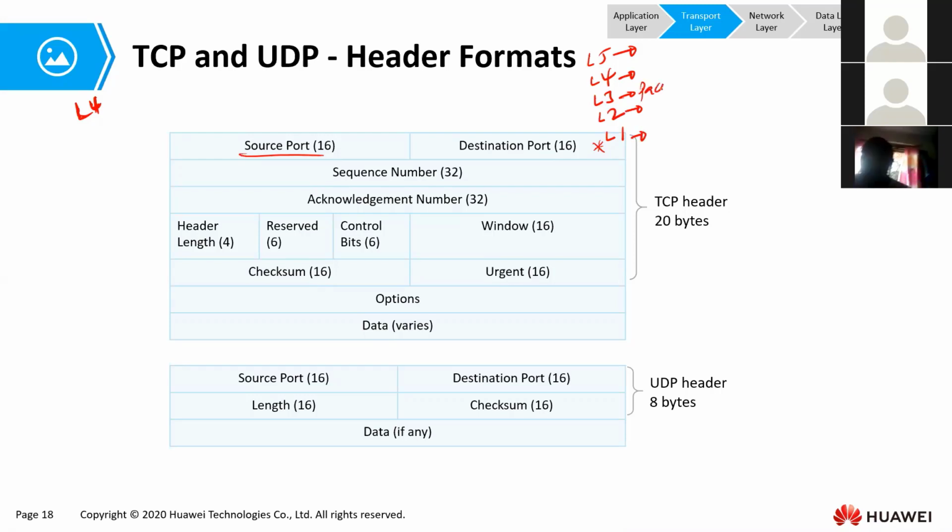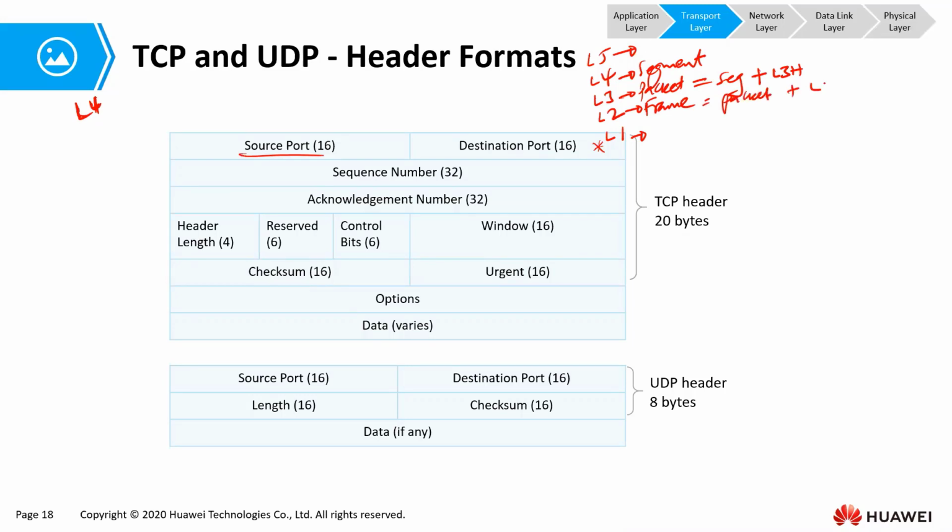So this is a packet, which is actually the segment that we got from layer 4 together with the layer 3 header, IP addressing. And then this is a frame. The frame is the packet that we received from layer 3 together with our layer 2 header and trailer. These are bit streams. That's how it goes. Now, each of these fields has an important function, and the functions are well listed in